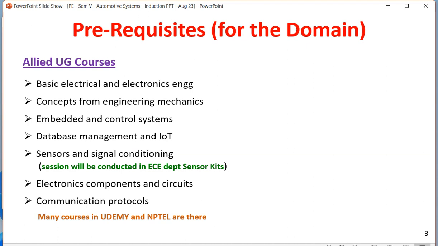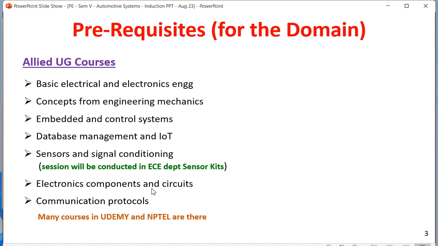So you'll find that mechanical, electronics, electrical, IT, computer science, EC, EE, all these engineers will find their job cut out in this field. As EC engineers, you are proficient in all these courses because you have seen them previously, and as EC engineers you are the most appropriate candidate for the vehicular technology subject and for automotive systems.